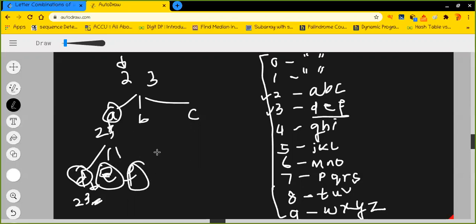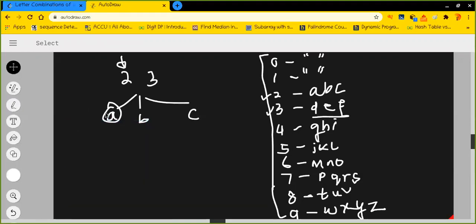As the work for this state is done, I will simply go on and remove this, and now I'm here at B, right? And the number I was looking for is 23. As you know, in the previous state I was pointing to 2. This time I'll point to 3. Okay, getting it?